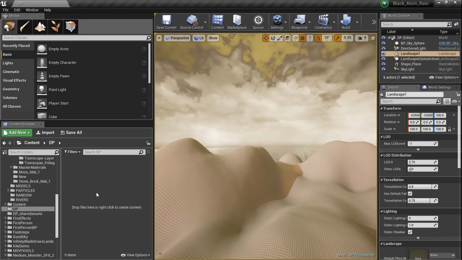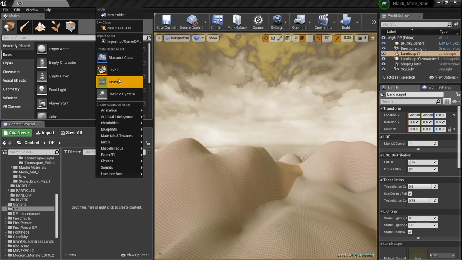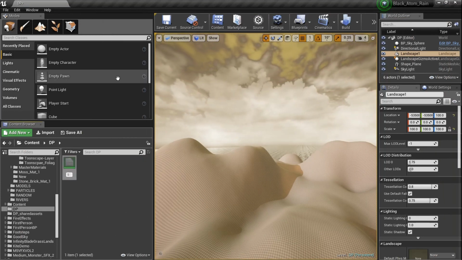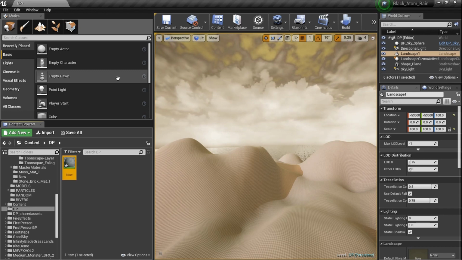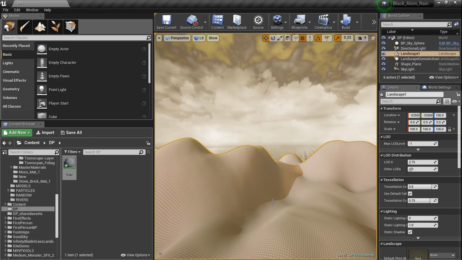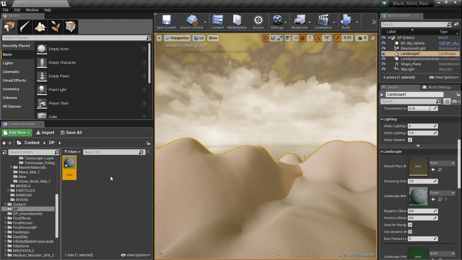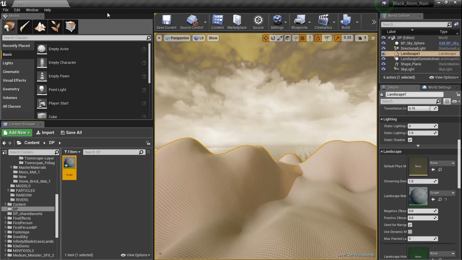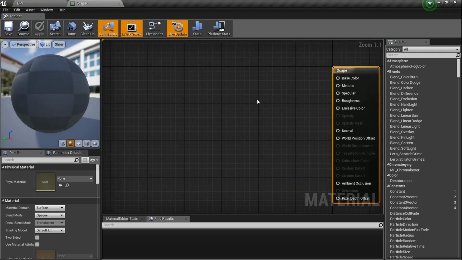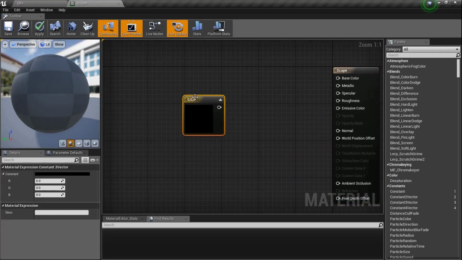So F11, get out of there. We're already in the old DP. So I'm going to create a new material. I'm going to name it Scape. You know what I'm talking about? A little scape action. And I can click on my landscape, go ahead and apply it. And boom, we're done. Just kidding. Let's double click and jump in and move it over to the window like we do. Now, the thing is, we could hold the number 3 and grab a color like we always do,